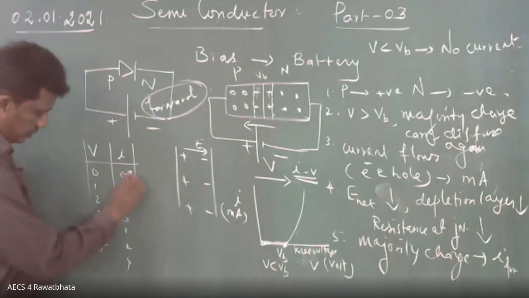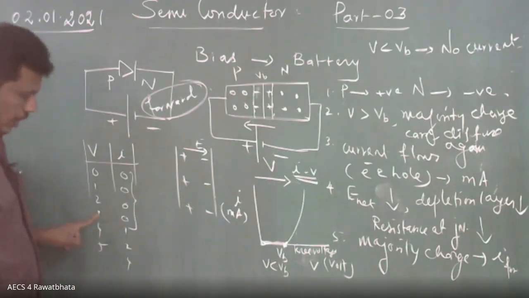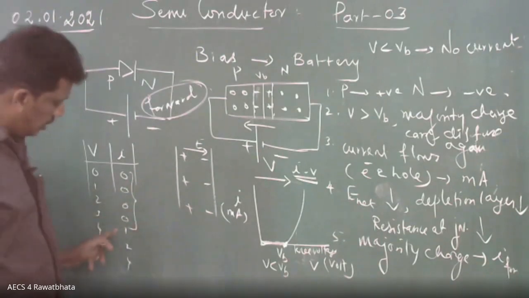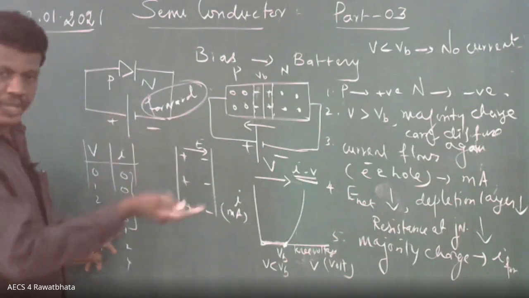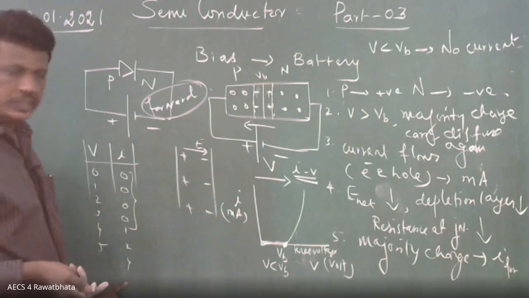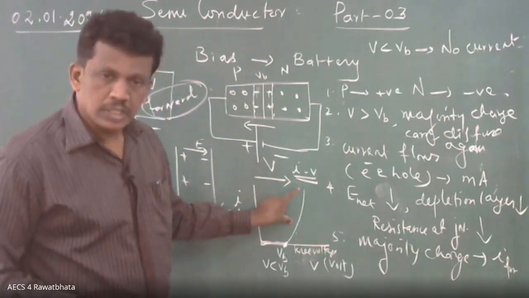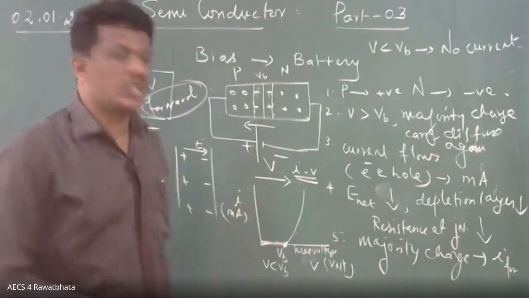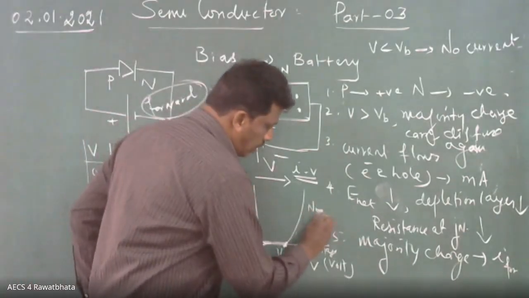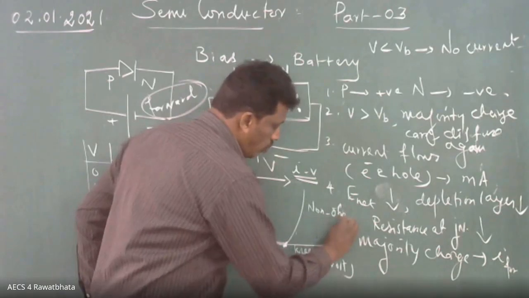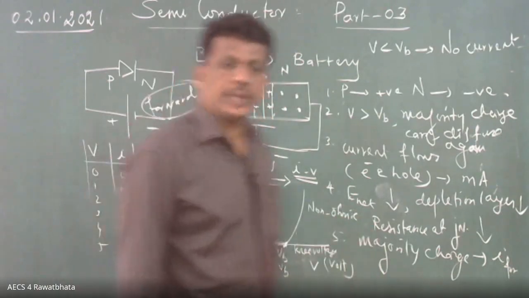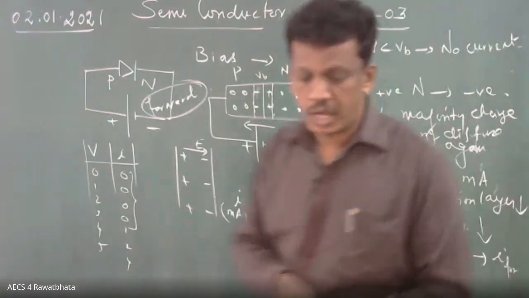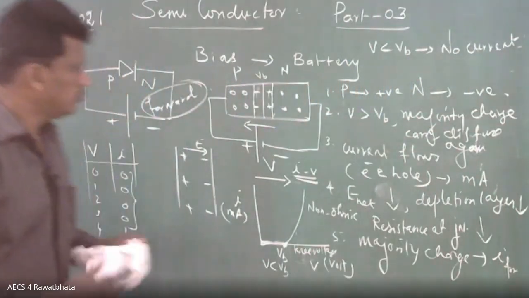See, up to this you see no current. Why no current? Because of the barrier potential. Once you cross the barrier potential, the charges start moving, so you are getting the current. After that, the current increases. But here V is not directly proportional to I. That's why this is called non-ohmic. Which one is a non-ohmic conductor? The junction diode. The PN junction diode is non-ohmic. Okay. Is it clear?